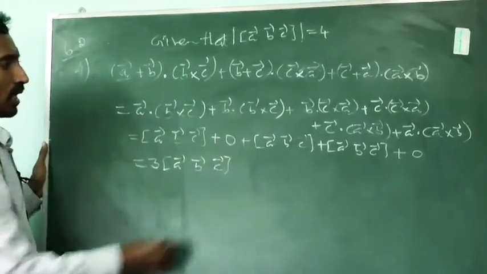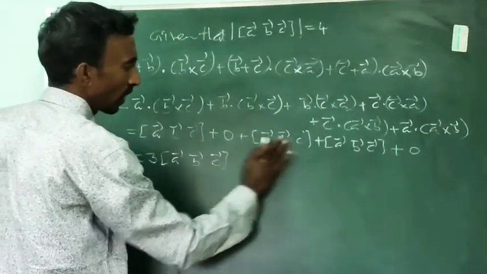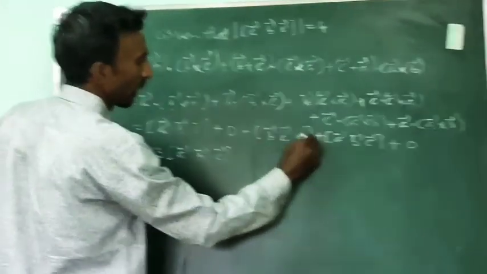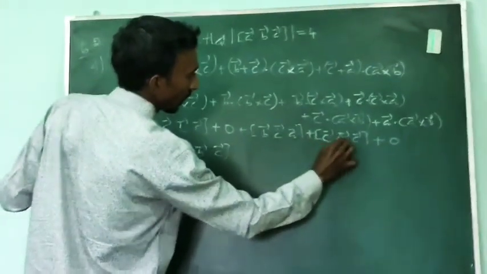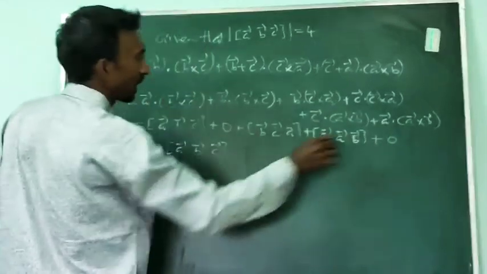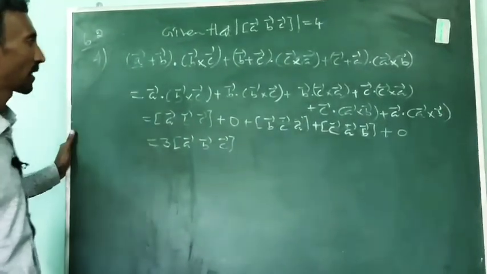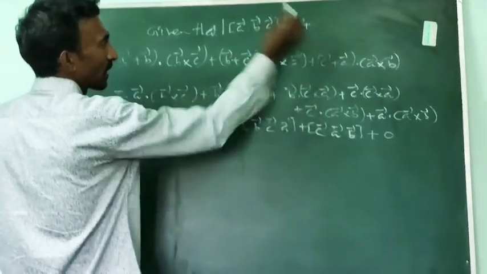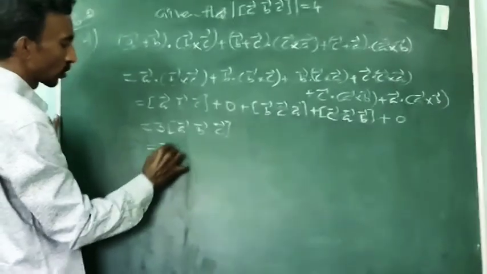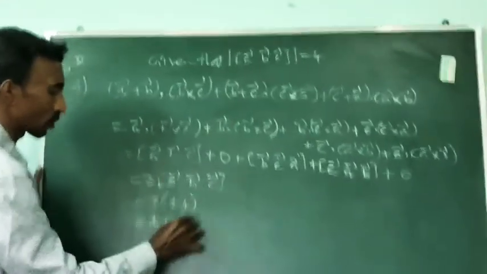Okay, here we are getting box BCA. Okay, if you want to avoid confusion, box BCA, this is box CAB. Anyway they are in the cyclic order, all the 3 are the same, that's why it is 3 times box ABC. Already what is the value of box product ABC? It is nothing but plus or minus 4. So 3 into plus or minus 4, we are getting plus or minus 12.